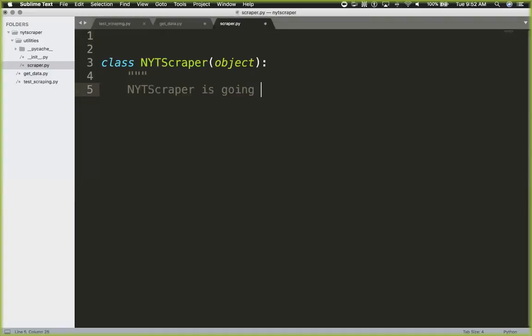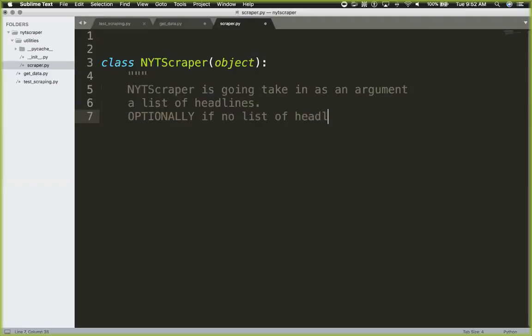NewYorkTimesScraper is going to take in as an argument a list of headlines. Optionally, if no list of headlines is provided,